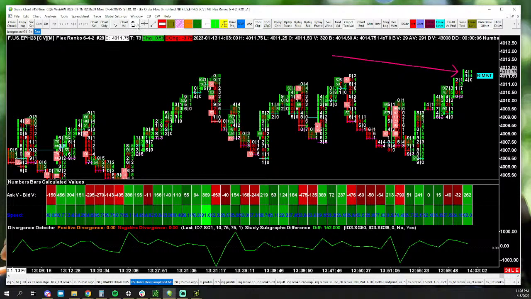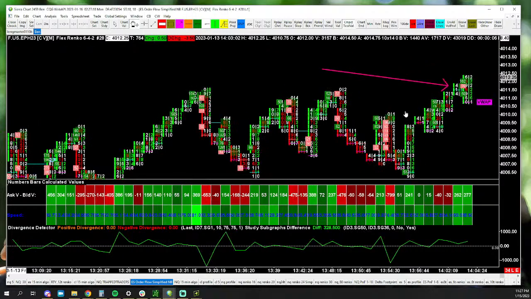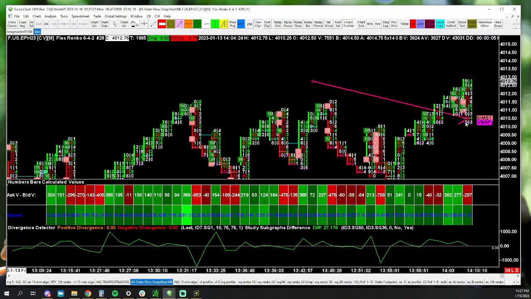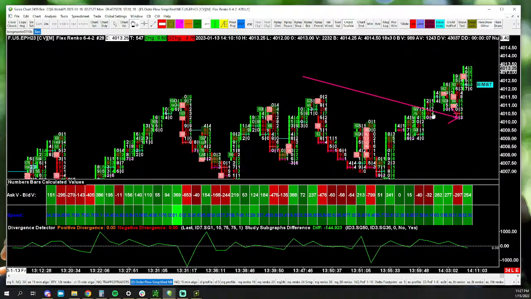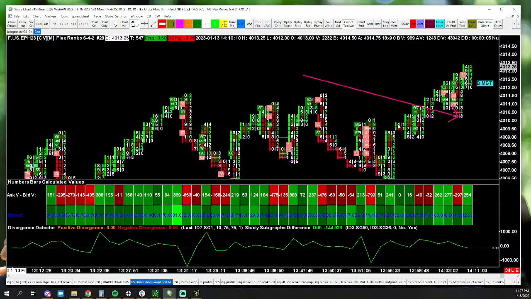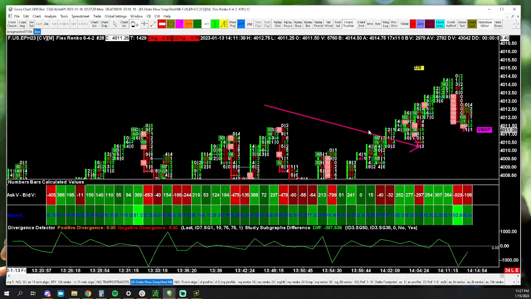Look what happened back here when there was no volume up here. It pulled back. Look what happened when it had no volume. It pulled back. Am I going to not be able to take a big trade here because I'd be nervous about that? Yeah, I'm probably not going to take as many contracts because I'm going to overanalyze all that information, right? And then when they pull it back on me, might I actually give up on my trade because I'm like, I don't think this is working? I've done it, right? I'll sell it right there. I'm like, nope, I'm not going to let this take me.